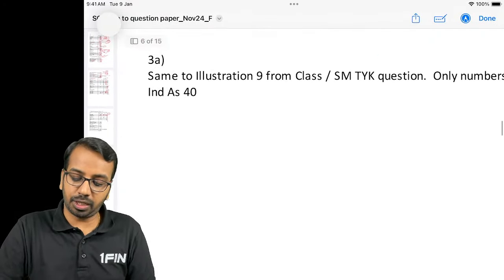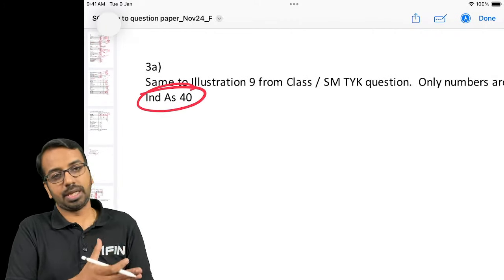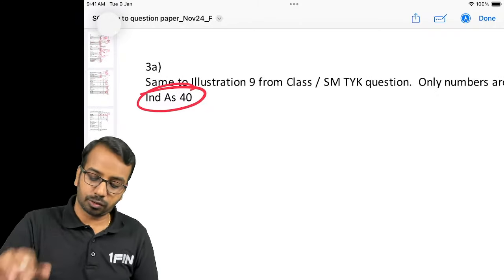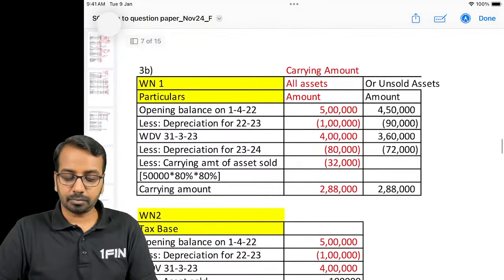Right? Then coming to 3A, the Ind AS 40 standard question which is there in your study material. We have done it in the class, more on disclosures and all of that, so you can have a look at it with a few number changes. Then 3D,